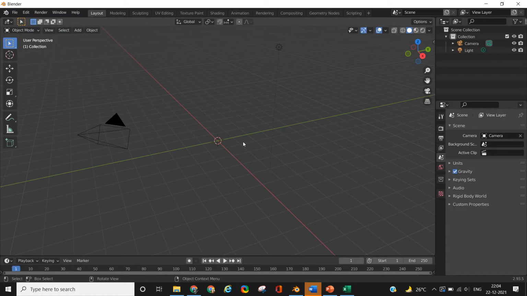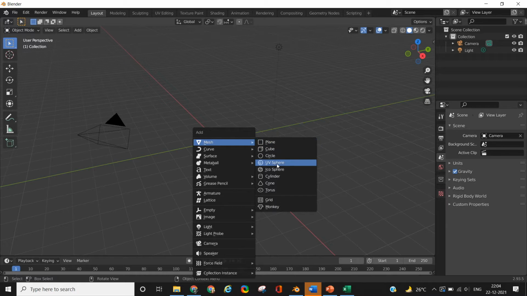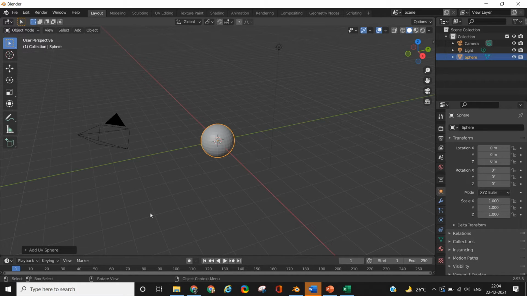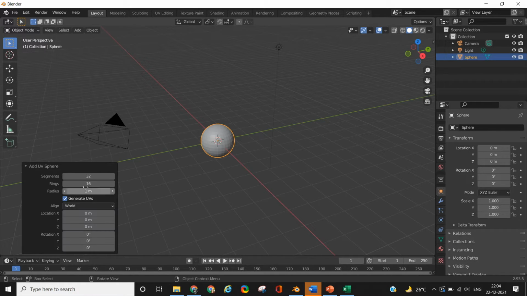To add a sphere, press Shift A on the keyboard to open the add menu, and under the mesh options there will be a UV sphere option. Select that. Now by default this sphere will contain a lot of segments, so at the bottom there is a context based menu wherein you can reduce the total number of rings in the sphere and also the total number of segments in the sphere. Now it's completely up to you how detailed you want your snowman to be. I want it low poly, so I have kept the total number of rings at 8 and total number of segments at around 10 or 11.